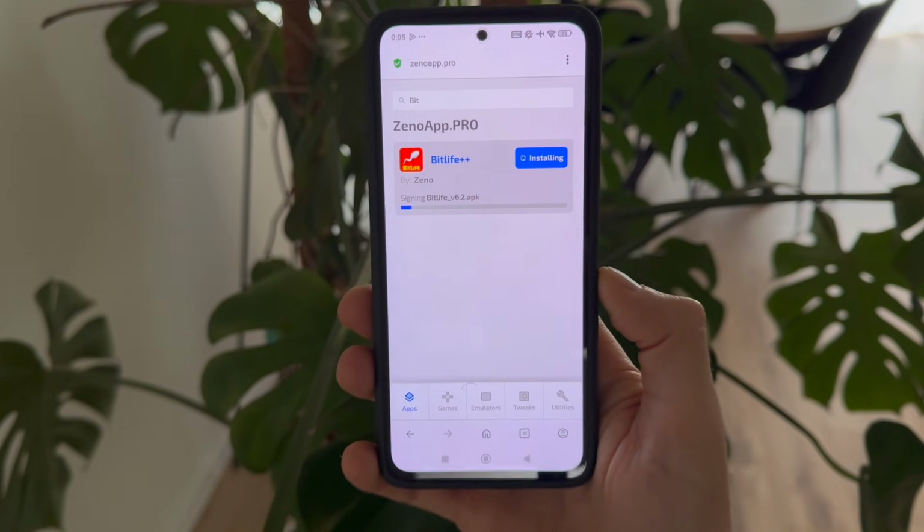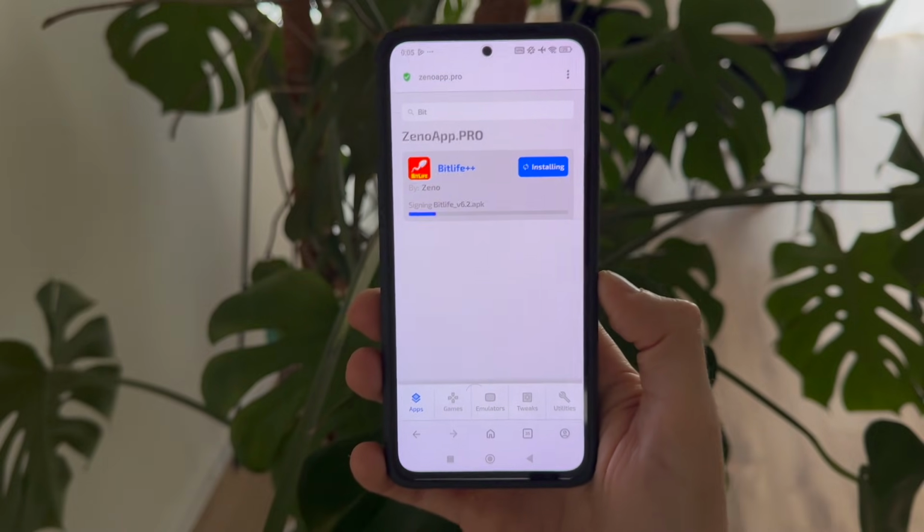After the installation is complete, the mod BitLife++ will be installed on your